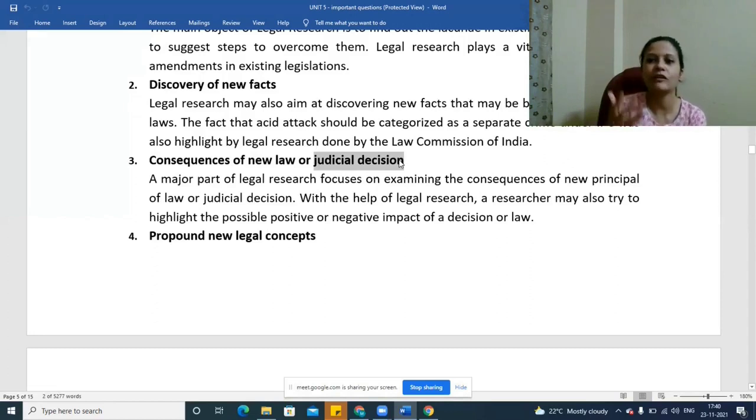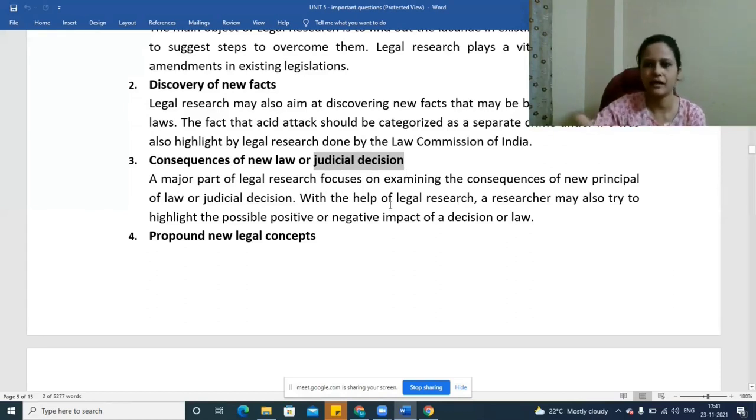What might be the impact of that decision? Is it that service providers will be more careful that they are providing quality services? And is it also that consumers will be more open in approaching the consumer forums because they would feel that these bodies are actually doing some work? Would they have more confidence in these bodies? That might be legal research that we can do. Judicial decision as in whatever decision court has given, on a certain judgment, we might be doing legal research.